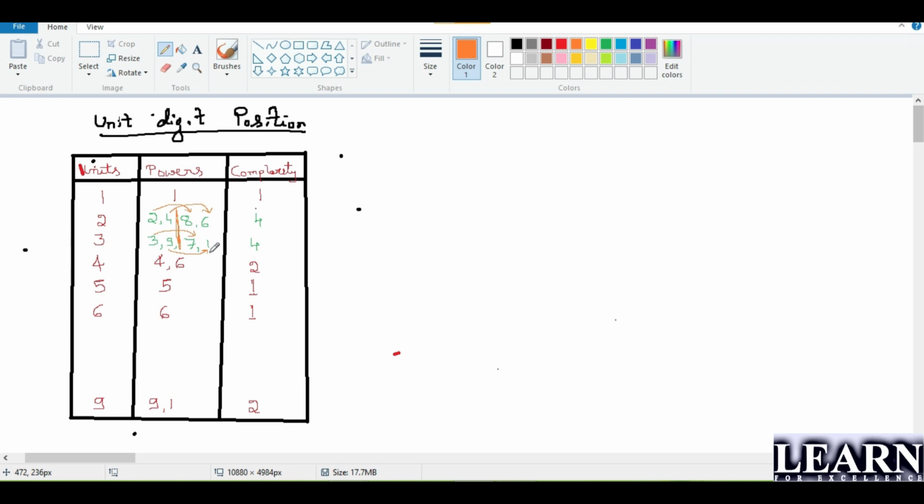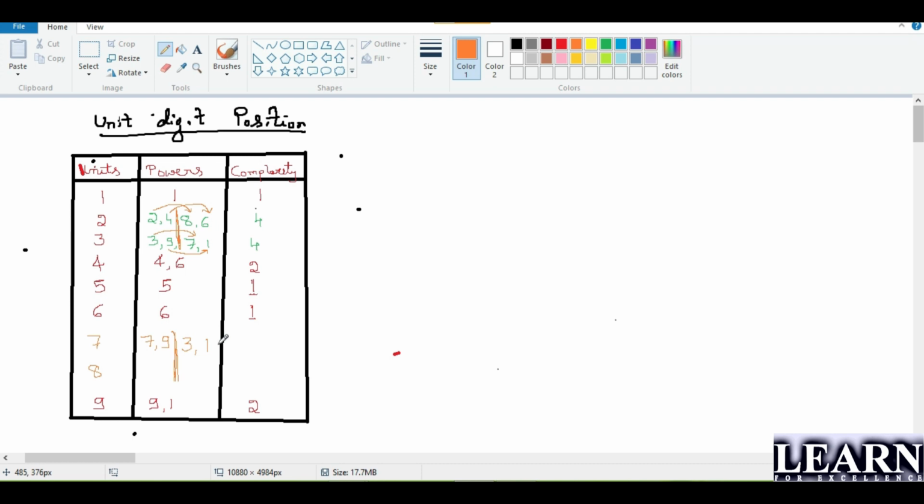Clear, guys? So similarly, we'll try with the other numbers, that is 7 and 8. So now I'll go for 7 and 8 with the cyclicity. First two numbers I'll write, then I'll go with the complement numbers, then check whether it is correct or not. Okay. So if I'm talking about 7, 7 to the power 1 is 7, 7 square is 49. Next, I have already told how to go with the other two numbers. Just take the complement of it. Complement of 7 is 3, complement of 9 is 1.